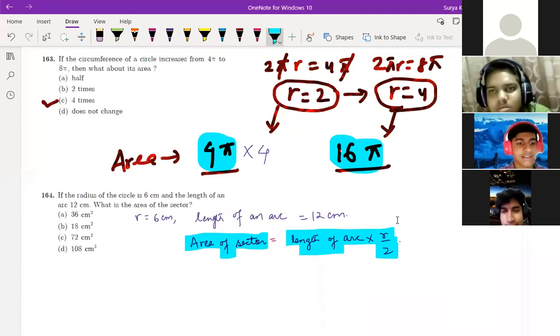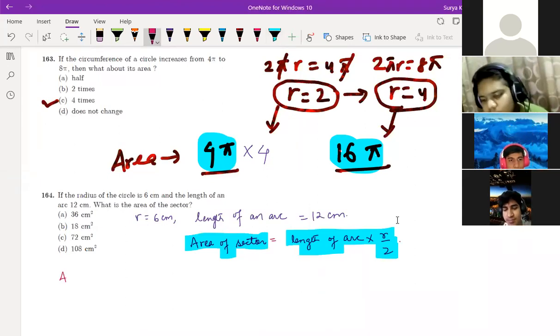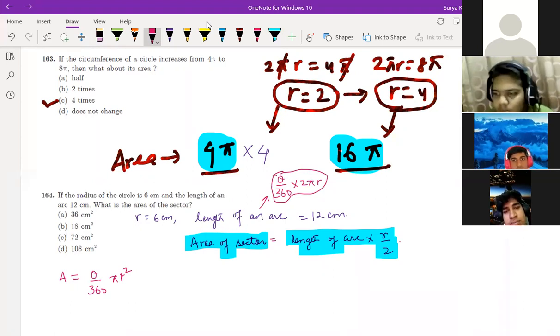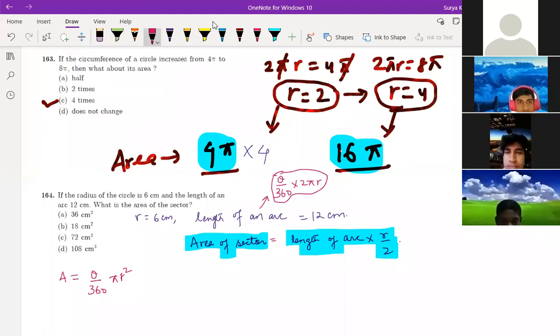I have read only one formula, that is area of the sector is theta by 360 into pi r square. We have to take from the perimeter, right? So there is no need for area here. Length of the arc, I have read, is theta by 360 into 2 pi r. Correct, children, or not? Yes, sir. So this we know for length of the arc. Sir, I know theta by 180 into pi r. That's the formula. So from here to here, how to reach?